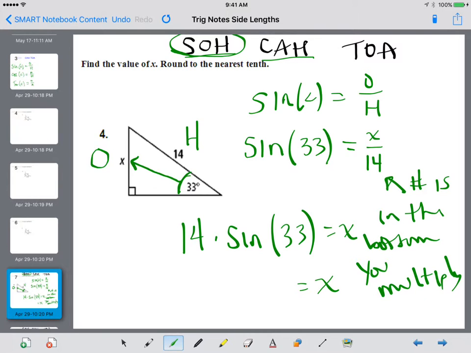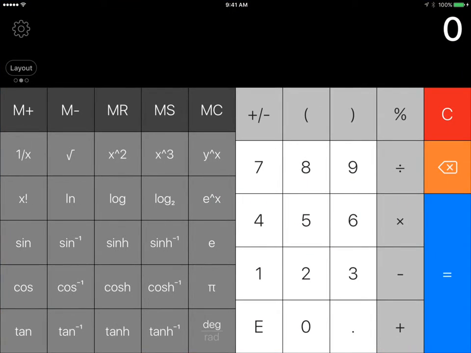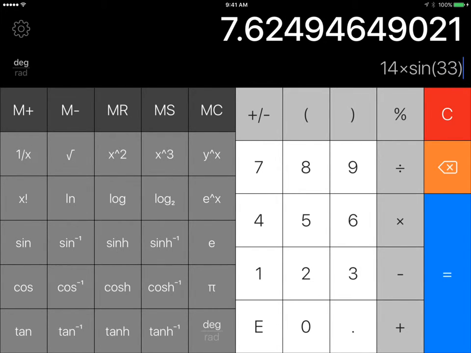So that is where we go to our calculator. I don't have a nice graphing calculator like you do, but I'm going to type in 14 times the sine. I find the sine button right here. There's my sine button. I type in 33 in the middle. We hit equals, and we get